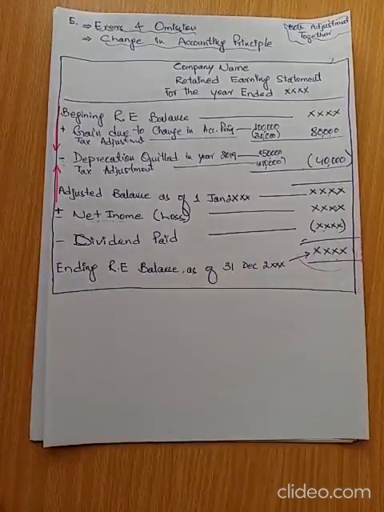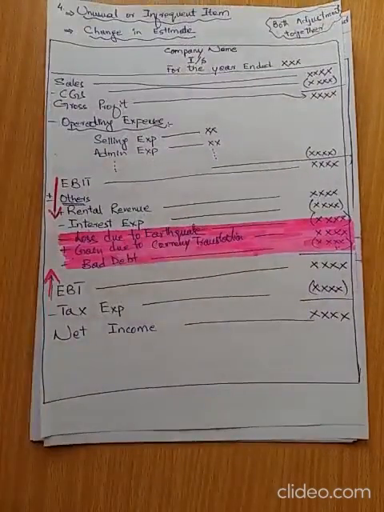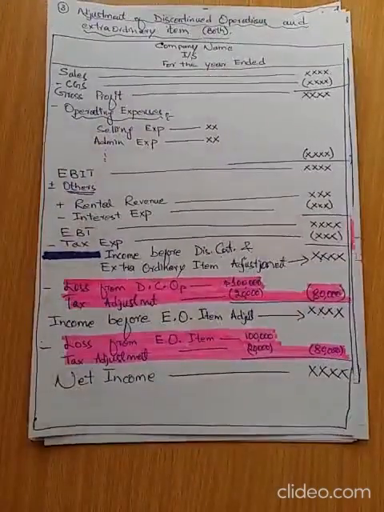So ladies and gentlemen, what we did was that we made 6 adjustments here: 1, 2, and then this was the 3, 4, and then we had 5 and 6. Okay, so these were the 6 special